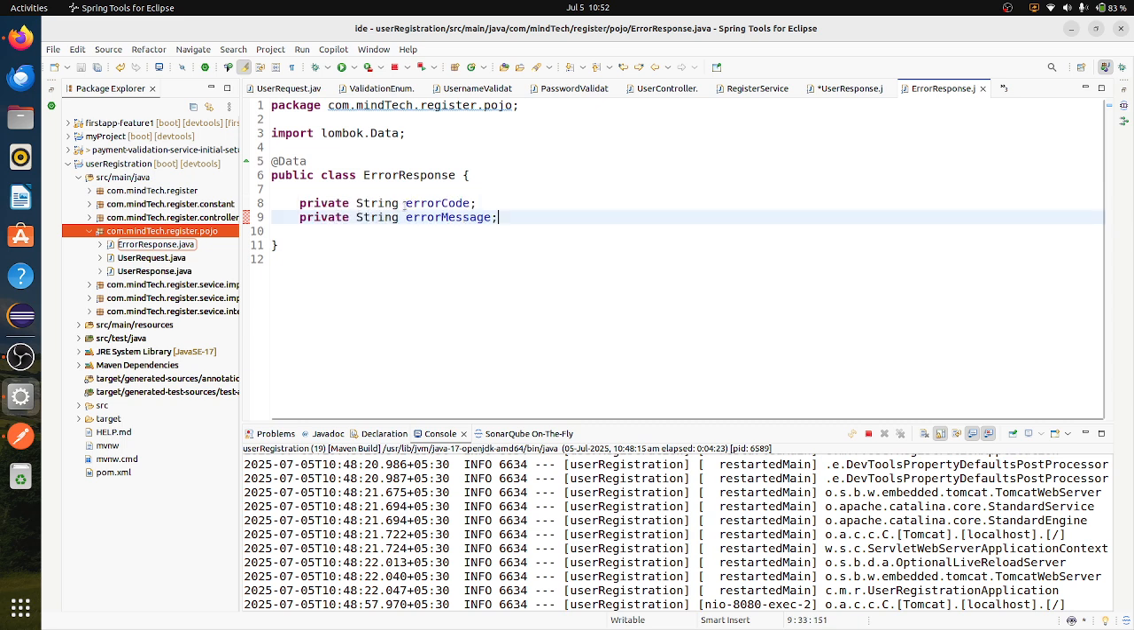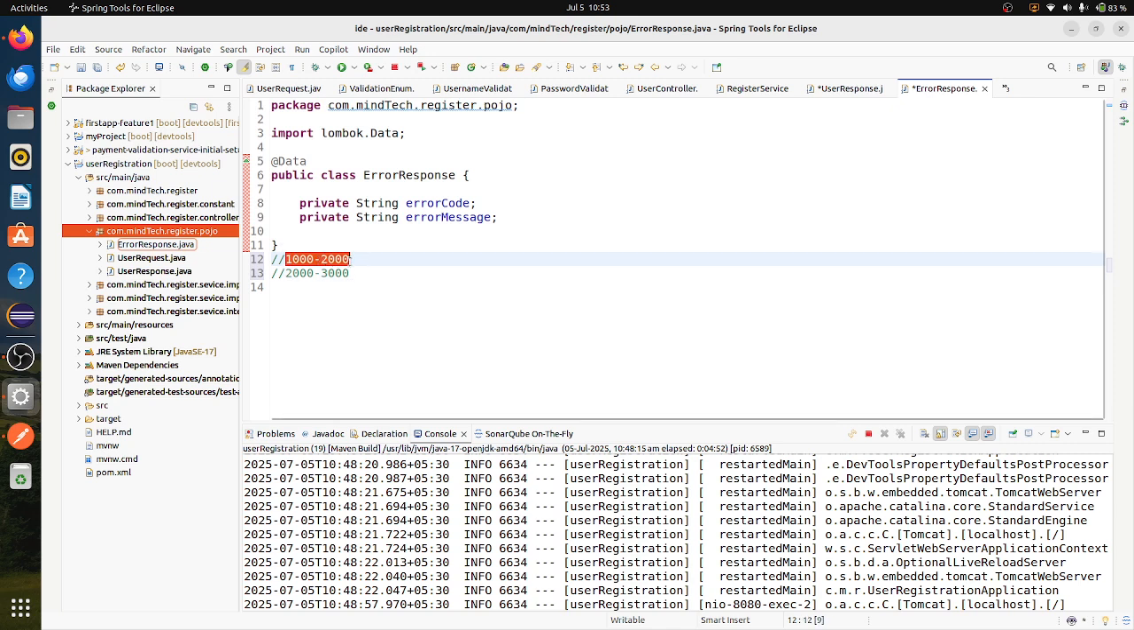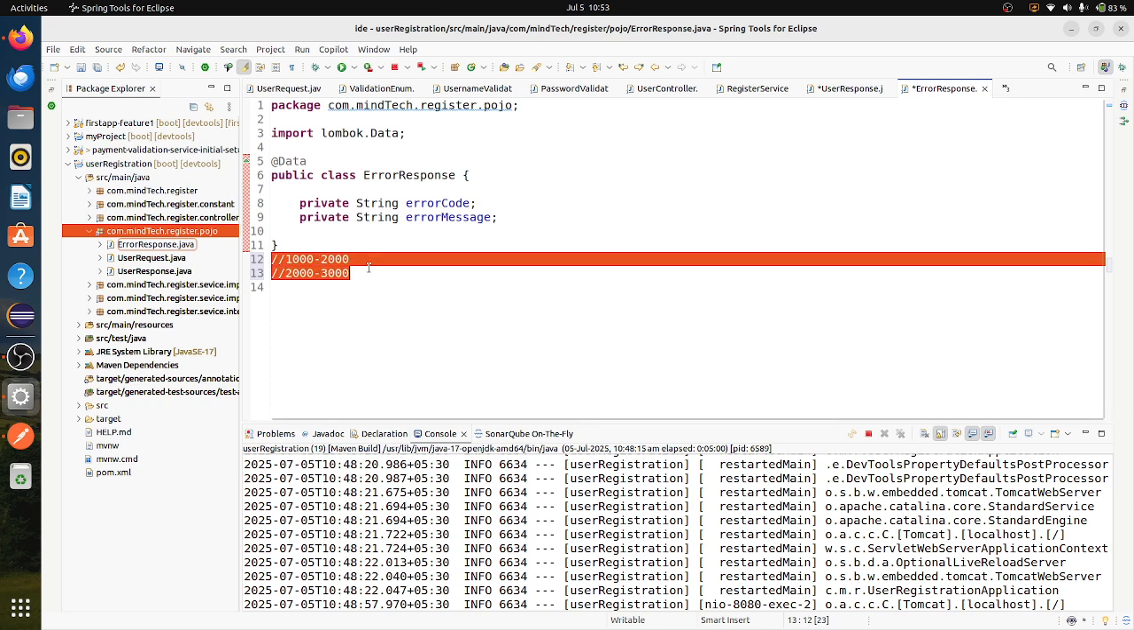We'll maintain some codes according to the application that we are making. For example, if I am doing this user registration, I'll simply choose error codes from 1000 to 2000. If I'm making a login application, then I'll choose error codes from 2000 to 3000. So by seeing the error code only we can easily understand in which application or which microservice we got the error. So in this case I want to use some error codes,